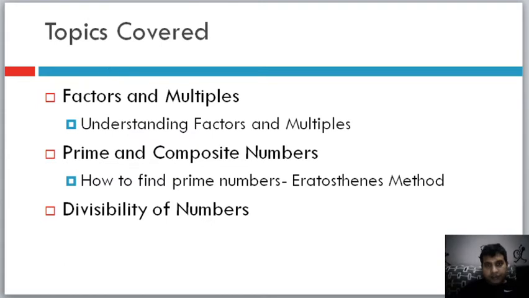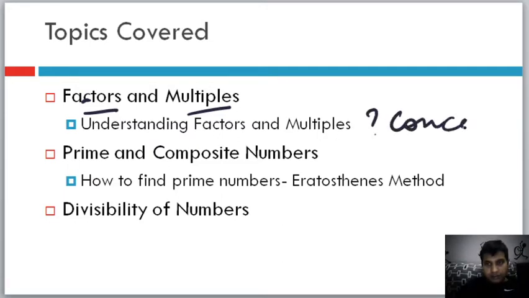So today the topics that we are going to cover are very simple. We are going to keep it simple, and we will break it down. So we will talk about factors, and then we'll talk about multiples. What are factors? What are multiples? What is their meaning? That's critical, understanding the concept of it. One is definition. Obviously we will go through the definition, but we will also understand the concept. That's important. What does it mean in the physical world?